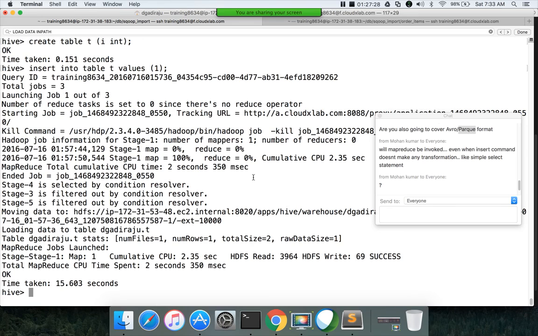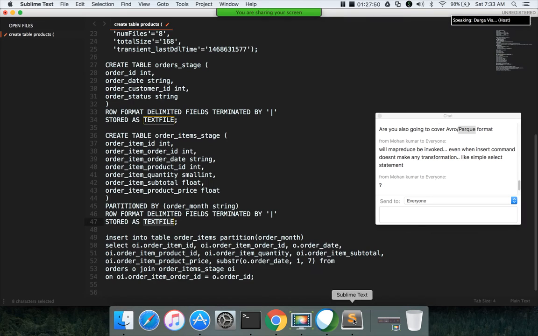Let me try one thing. So insert, let me create... Yeah, actually it will do the transformation, because it has to. For example, let me create a table. Let me demonstrate real quick. So let me create another table.